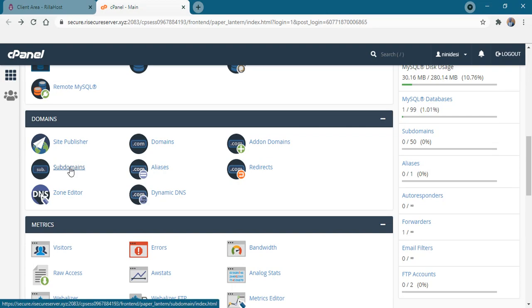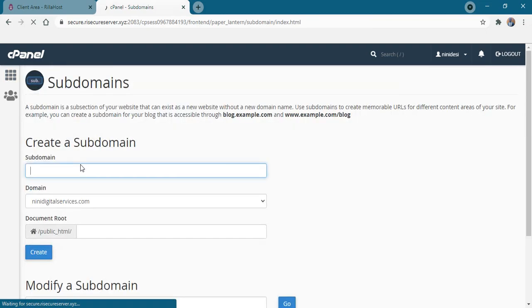So we are clicking this to be able to create a subdomain so that we'll be able to attach website items to that domain without necessarily putting those contents on your main domain.